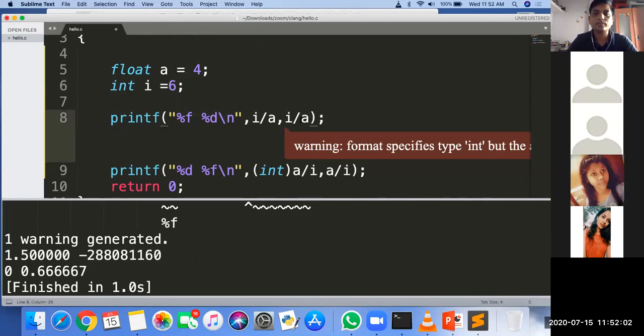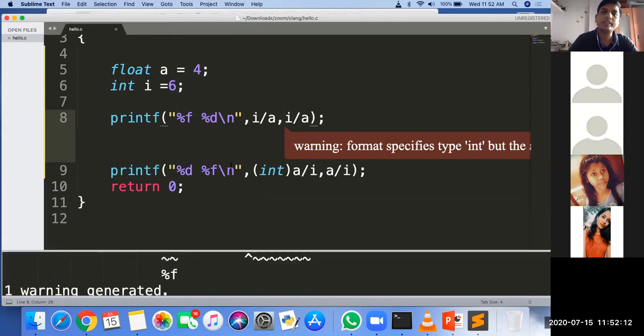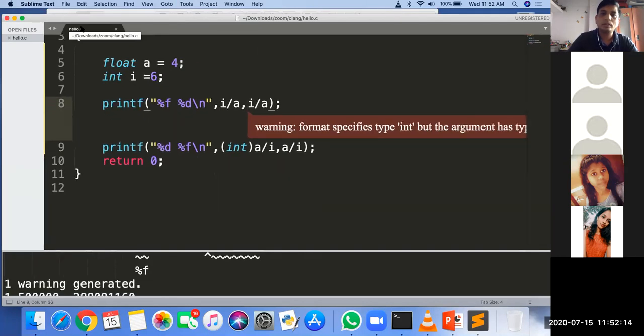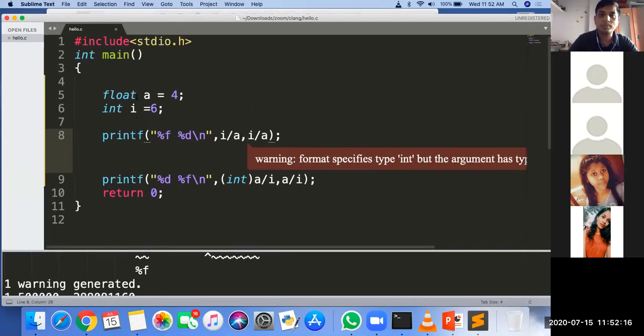Sir, does the answer of integer division change with respect to the compiler we are using? It is compiler specific. Whatever answer you told first is very correct in your Turbo C compiler. But in GCC there is actually a problem. So that's why you must use a different compiler for the same program.